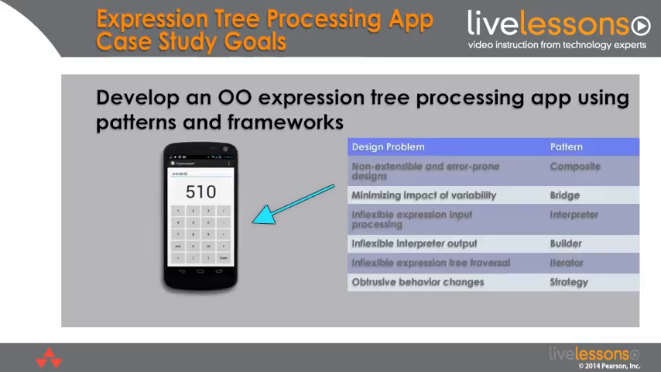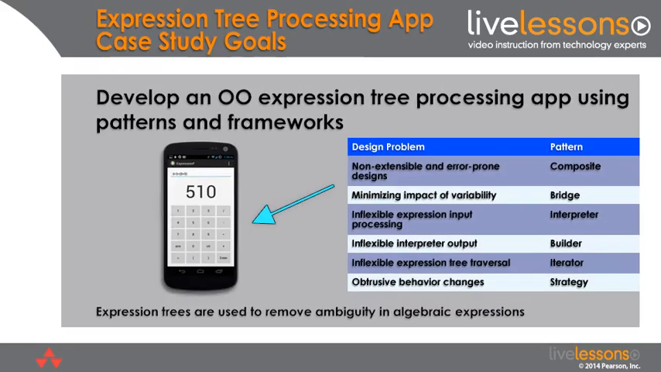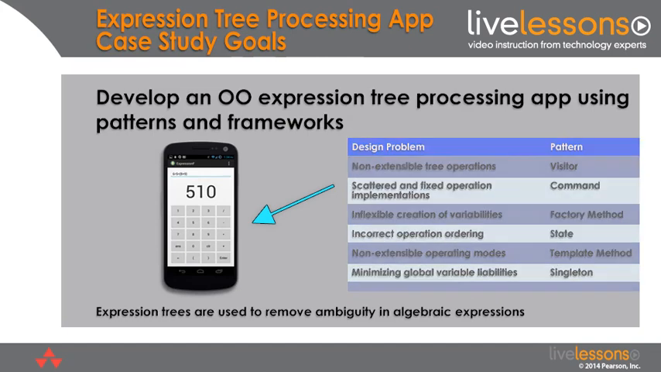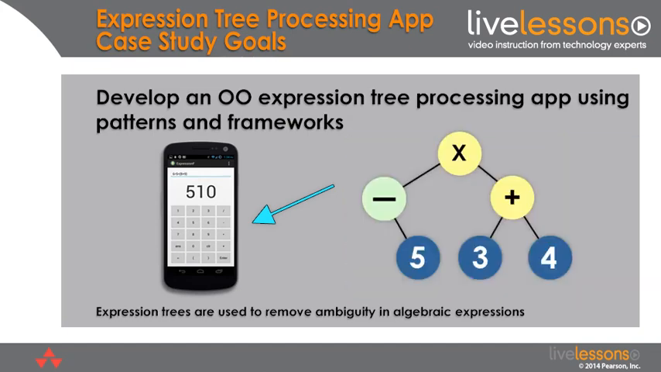Let's start out by discussing the goals in our case study. We'll be designing an object-oriented expression tree processing app using patterns and frameworks. Expression trees are used to remove ambiguity in arithmetic expressions. And you've undoubtedly run across these whenever you use a calculator or some other type of tool that involves processing